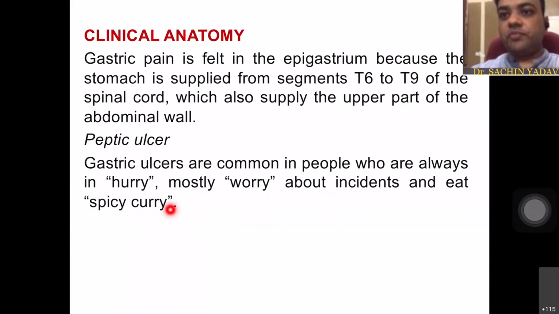Hemorrhage in the case of a gastric ulcer is more common on the anterior surface of the first part of the duodenum, and it can also lead to perforation of the whole wall of the stomach or the duodenum, which is more common on the posterior surface. The bleeding is more common with the anterior ulcer, and the perforation is more common on the posterior surface of the stomach. So content of the stomach can leak out through the perforation into the lesser sac because it is on the posterior surface. This is a more common finding in gastric ulcer.